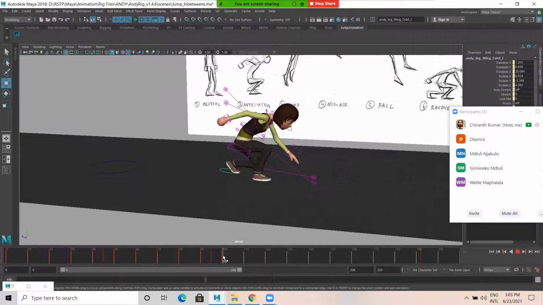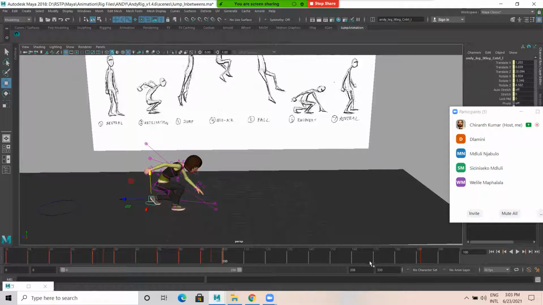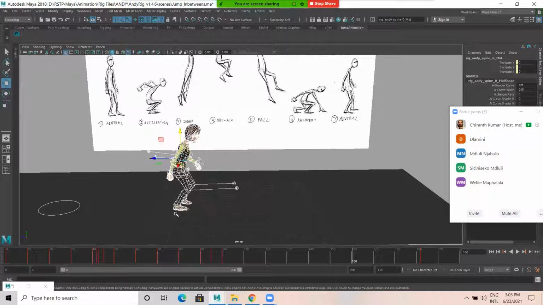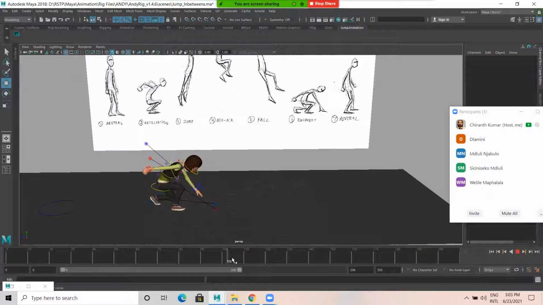Okay. So after she hits the ground, she needs to stay for some time before getting into neutral pose. The neutral pose is this one. So what I do, I'm going to select this. Before that, she's at 100. So from 100 to 110, I want her to be there only. So I select everything and I set key. Means I select here from 100 to 110. She is there. You can see some twist is happening in the hand part from 100 to 110.